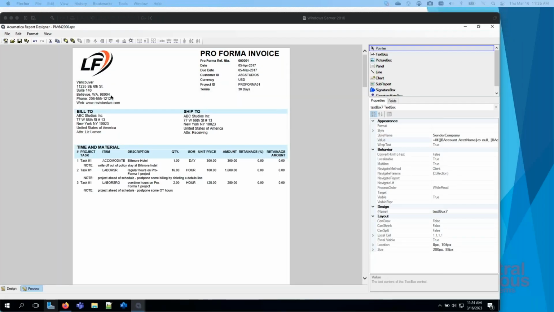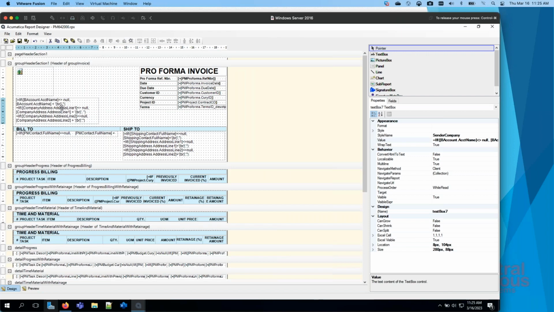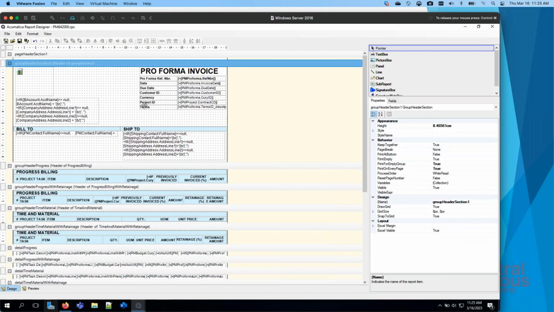So again, we don't want to hard code this in here because otherwise people will have to go in every time and make changes to the template. And again, if we hard code it, it means that it doesn't become dynamic. So that's the benefit of having things in here, pulling things from Acumatica. Then we have dates and due dates and terms. So these ones are simple ones. It's actually pulling from a particular field. And then we have a bill to and ship to. So this is my top section, which is my header